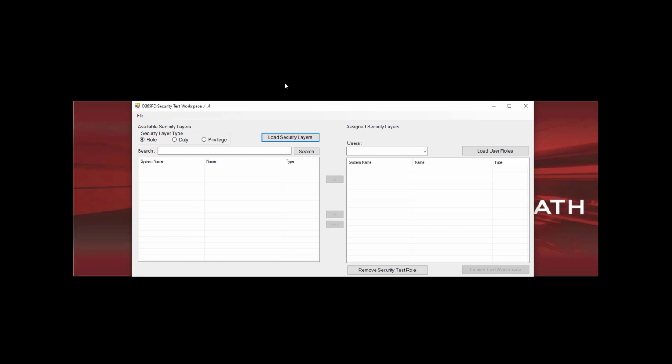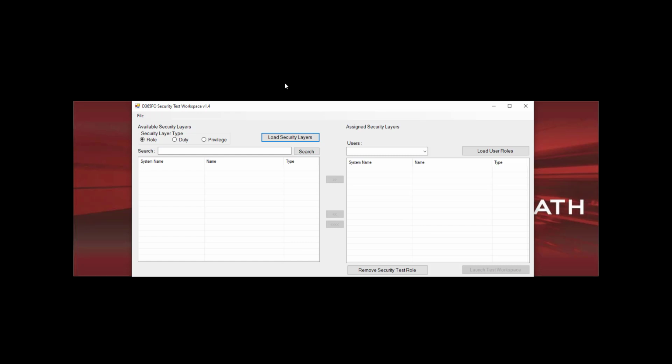So you have the ability to go to any role due to your privilege within the environment, add it to a quote-unquote mock role, and then assign that to a test user, actually log in as that test user and be able to actually see the resulting security that that user has. All that process is done automatically for you, so it's a much more automated fashion than trying to test this